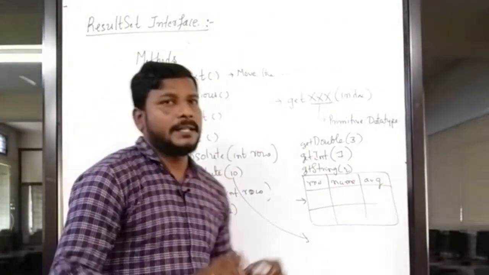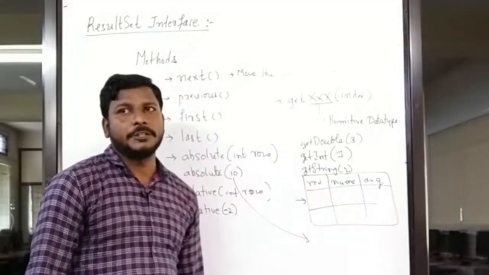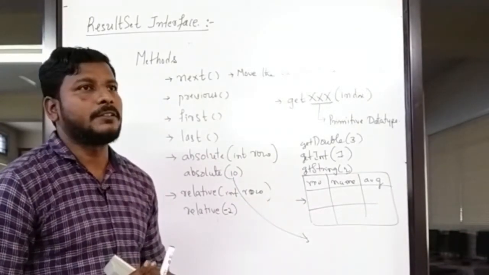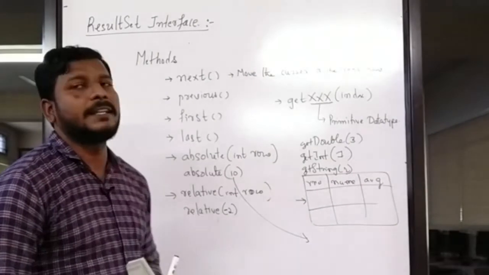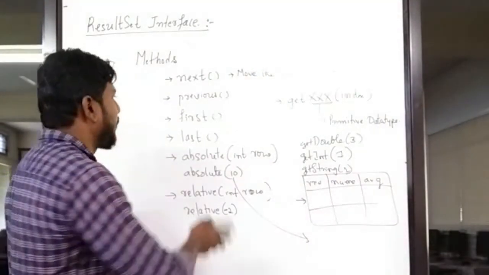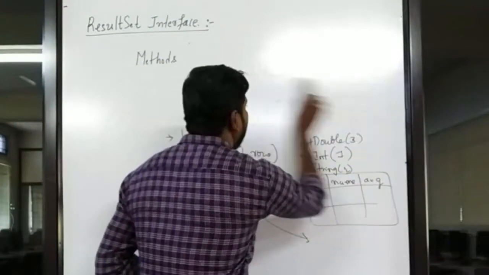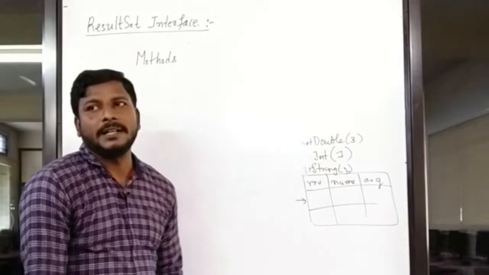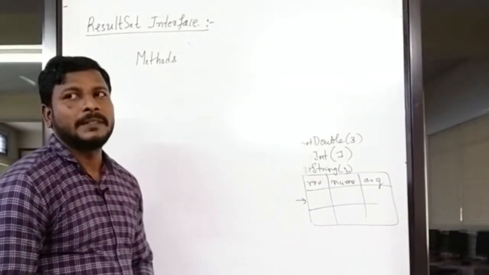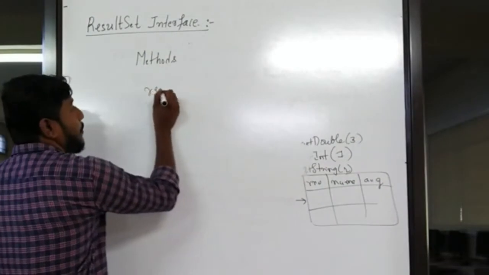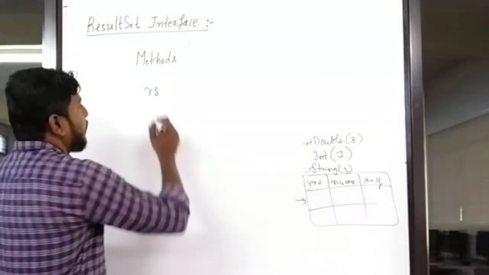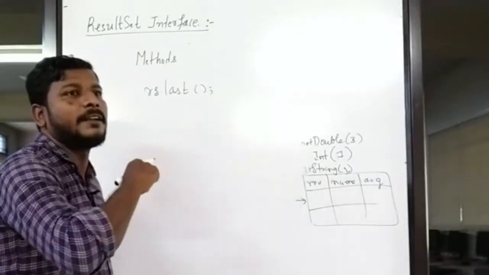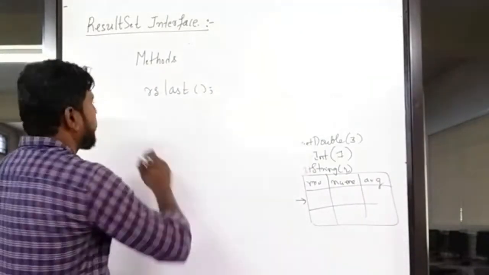For example, you executed a select query and want to display the information, or maybe the information which is there in the last row. How can you write the statement? The first thing is you have to change the cursor position to the last row. How can you change the cursor position? Using last, right? You can use the object of the result set, for example rs.last. By this it is now pointing to the last row, and now you should print the values. So you can use System